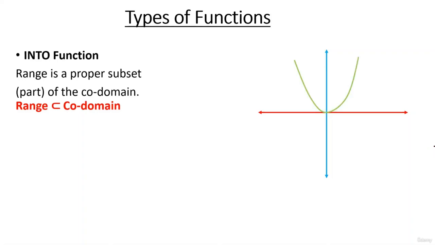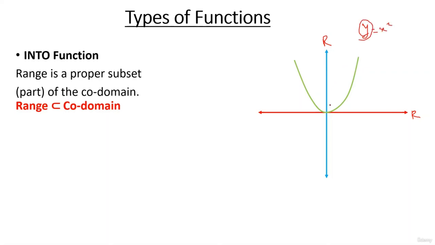Before plotting the graph, maine kya kiya? Maine poora x axis draw kiya red line se and poora y axis draw kiya maine blue line se. So my domain is all real numbers, and my codomain also is all real numbers. But if I plot the graph as per the equation y is equal to x square, y will not assume